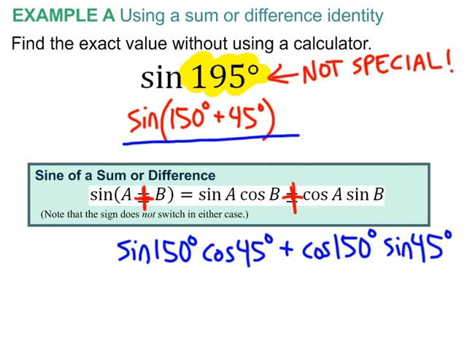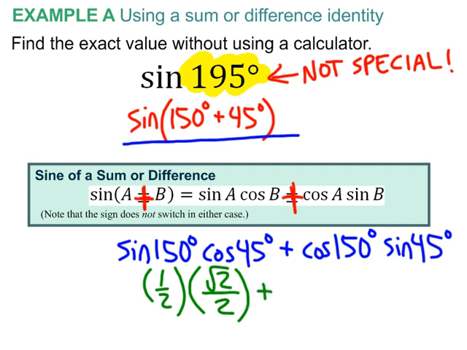And the idea is that even though this is kind of bigger and uglier than what we started with, these are all special angles. And with our unit circle knowledge, I should know how to do these. So I'm not going to take a lot of time from here. You should be following along pretty quickly and going, yes, I got this. Sine of 150 degrees, you should know that that's 1/2. Cosine of 45 degrees, I am usually inclined to put 1 over root 2. But I'm already looking ahead at the denominator I'm going to end up with, and I have a preference for the root 2 over 2 version of that. I just like having the rational denominator